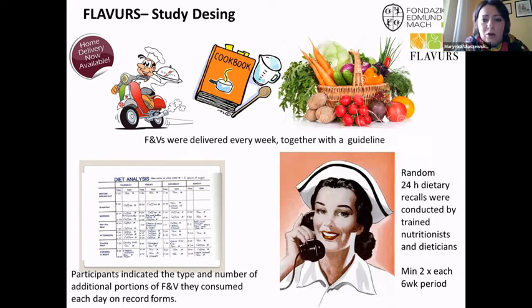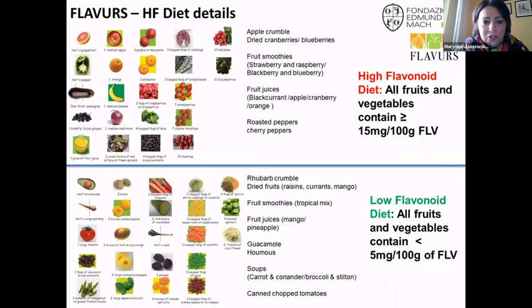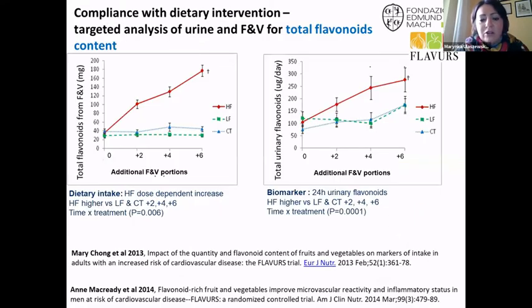Those are examples of these red and green vegetables that were included in each of the dietary interventions. I will go first directly to not lose much time. I will show you the compliance with the dietary interventions. So are we sure that the people ate what they were supposed to eat? Yes, they did. So we have here the total flavonoids